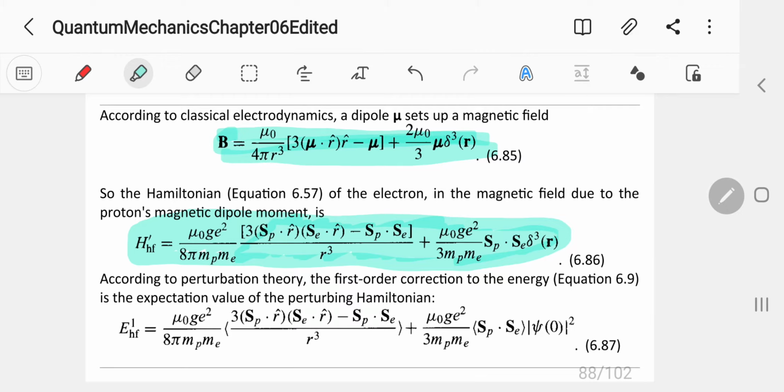According to perturbation theory, the first order correction to the energy is the expectation value of the perturbing Hamiltonian, which is this one here,